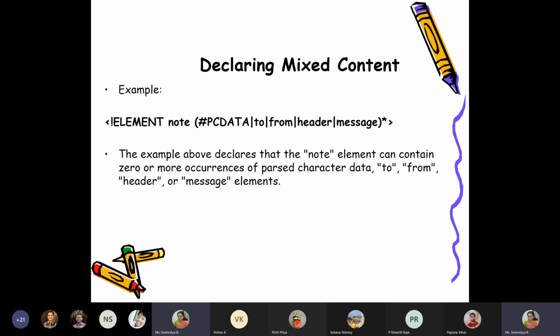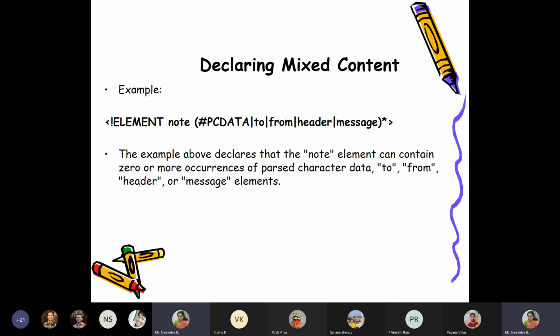So it says it can contain PCDATA, or to, or from, or header, or message. And this whole combination can occur zero or more number of times.